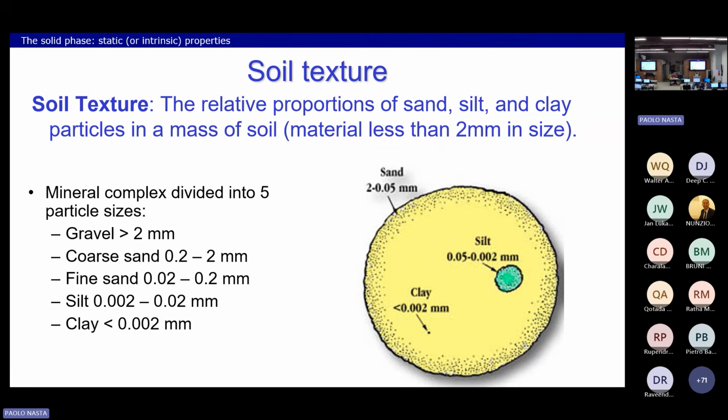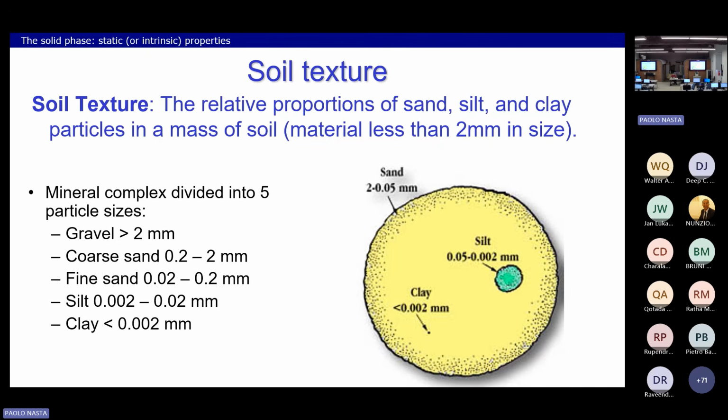So the sand, for instance, can be represented by the yellow circle, more or less spherical, let's say, which spans between 0.05 millimeters and 2 millimeters. And clay are the very tiny particles. So you can see the black dot that is